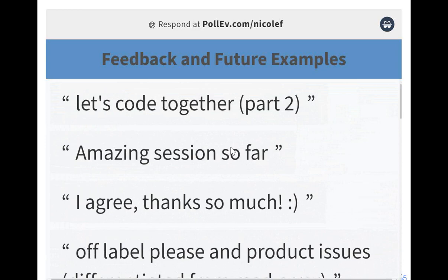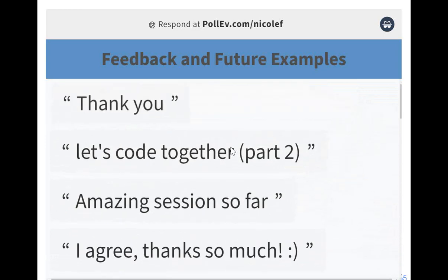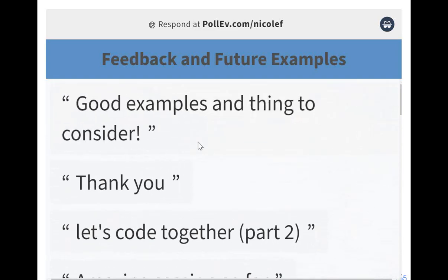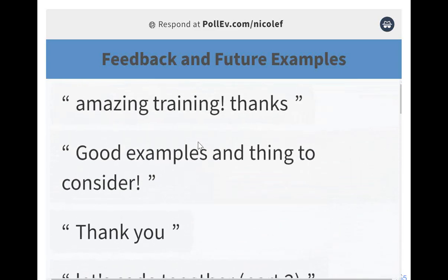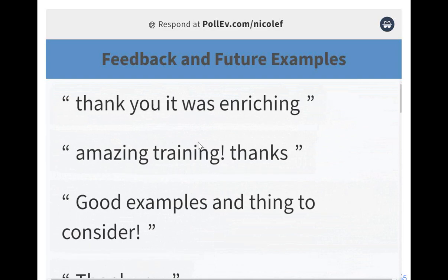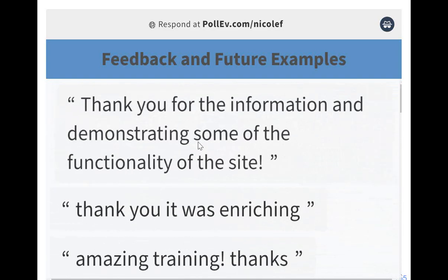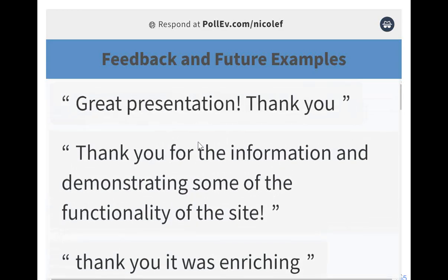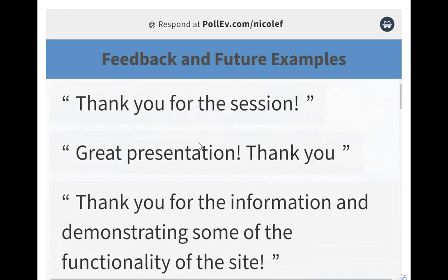So, okay, this is great. We're also getting some feedback that people like the session, so that's always nice to hear. All right, and if there are more examples, I'm going to leave this poll open. Yeah, and that's the whole point. I'm very happy to see this comment, the things to consider, because sometimes coding could seem very simple or very straightforward, but it's always great to hear how different people handle it. And I really like to get everyone's point of view, because I'm also sometimes siloed in my own mind and my own thoughts.